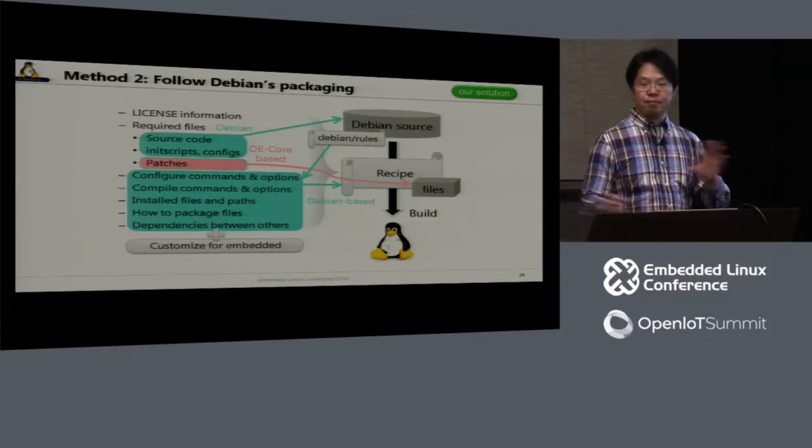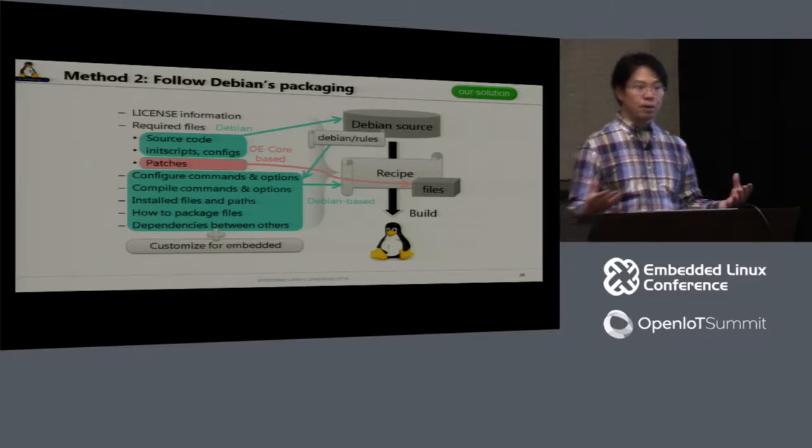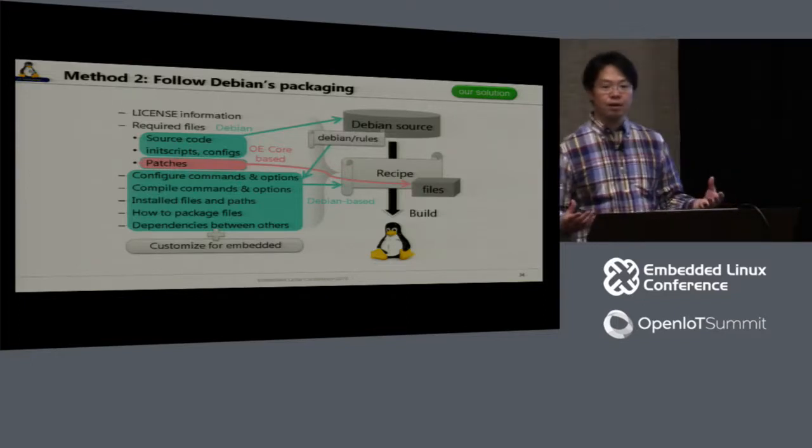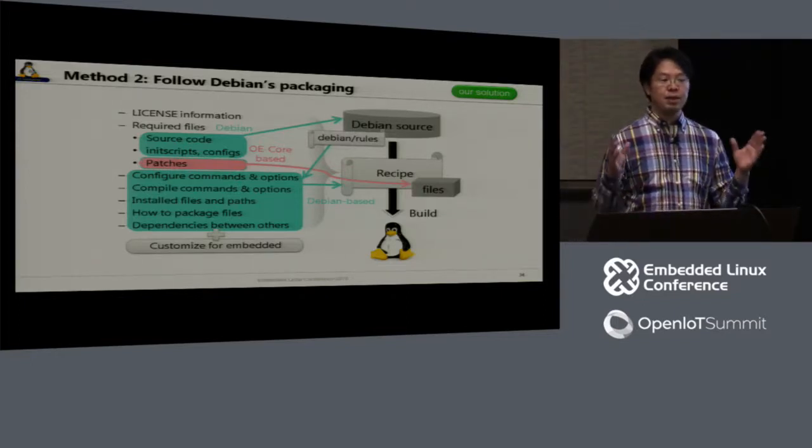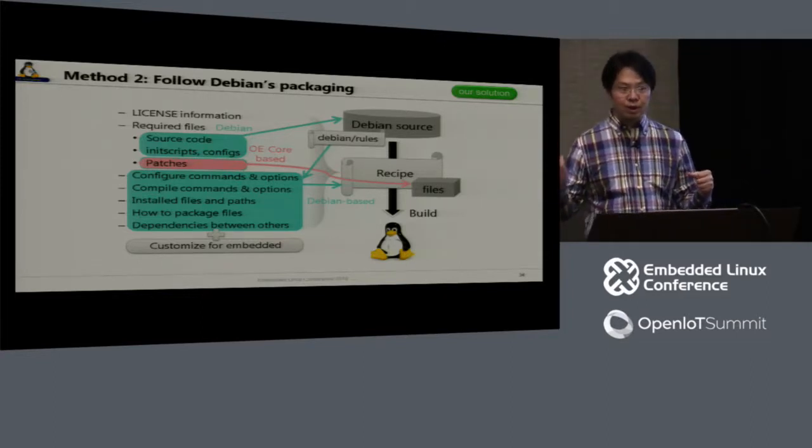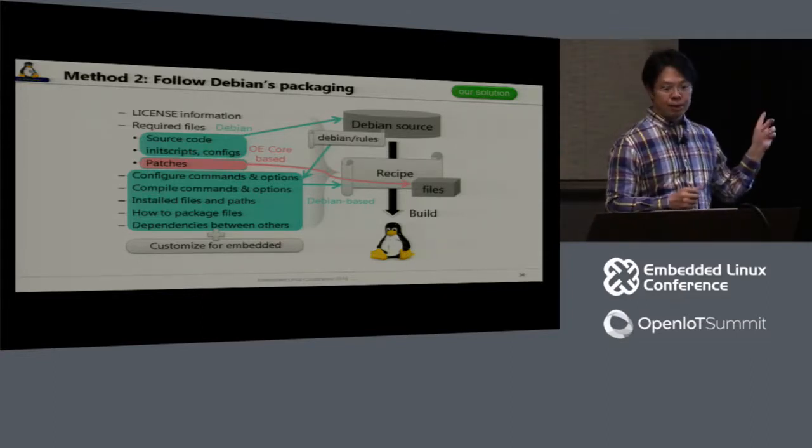If you know the Debian environment well, you can find it under the debian directory. There is one file called rules that includes this kind of information. We are using this information to define compiler options or something like that. And then we use some partial patches from OpenEmbedded core. The reason why I use this kind of patches